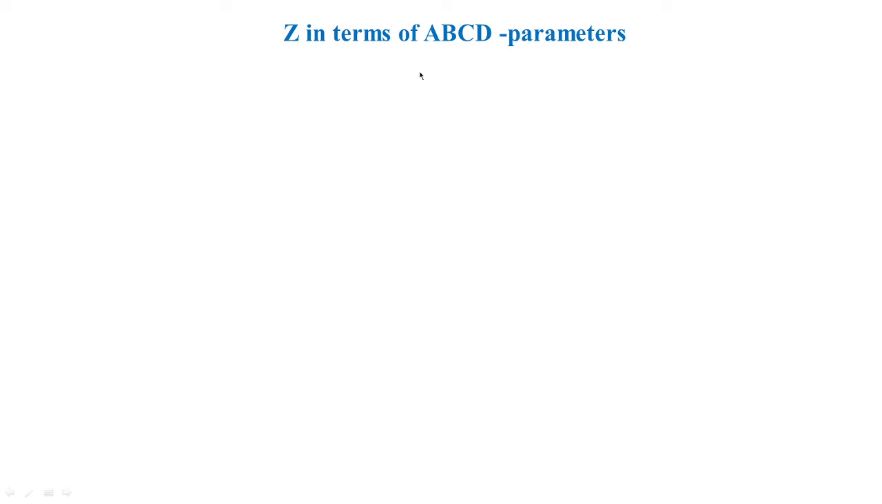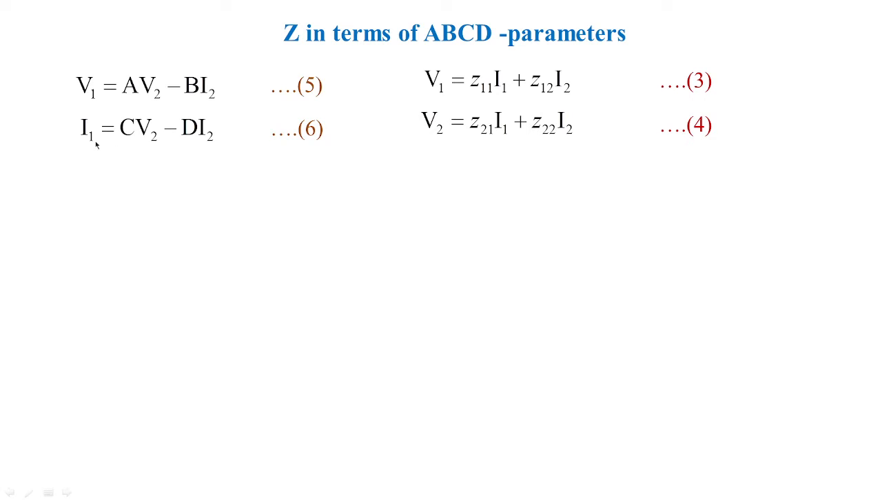Let us go with another approach, that is Z parameters in terms of ABCD parameters. For that, first take the Z parameters. You can see here I have taken these equations as 3 and 4. That is the same equation as what we have done with the Y parameters. So equations 3 and 4 are already framed, and the ABCD parameters are given by V1 and I1, that is the input voltage and input current, in terms of output voltage and output current. I'm taking those equations as equations 5 and 6, and let us go with the actual derivation in order to obtain impedance parameters in terms of